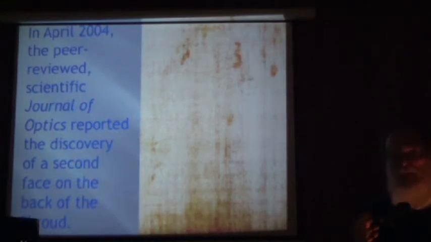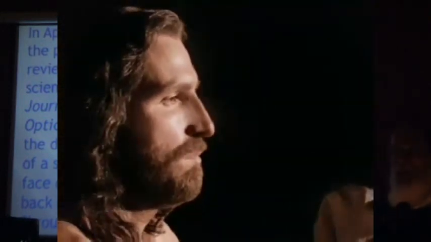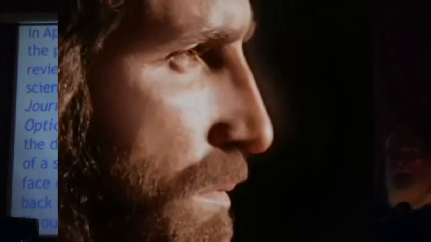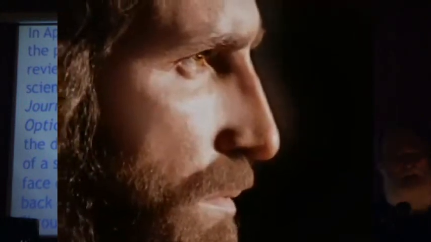But then you have to also explain, why is the image not distorted some? Why does the buttocks not flatten out on the back? This leads people to say, well, he had to have been off the stone when the image was made. It's a flash of light. It's just unclear. But what is clear is that we have a photograph of a man who was dead,